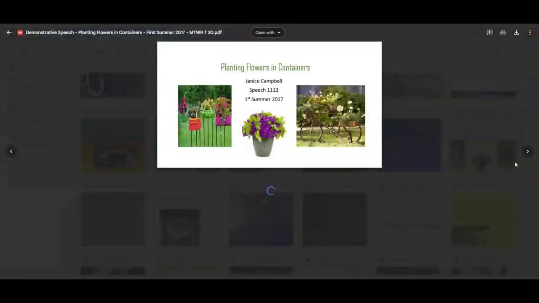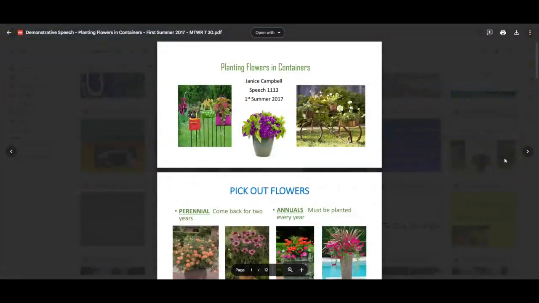For instance, from the summer of 2017, planting flowers in containers. You get immediate credibility at the outset from the attractive nature of the visuals and how neat it is. Three different images, and then a consistent font style, who the student is, and when that course was offered.